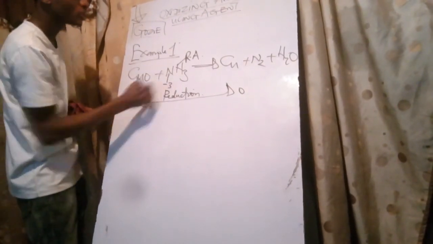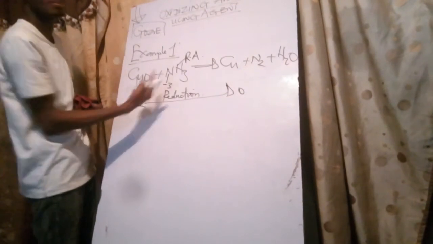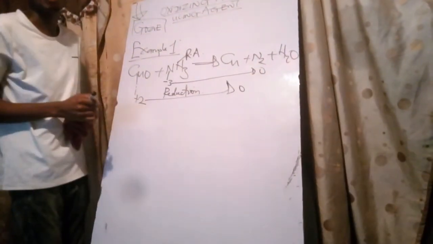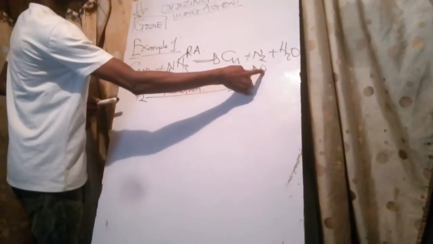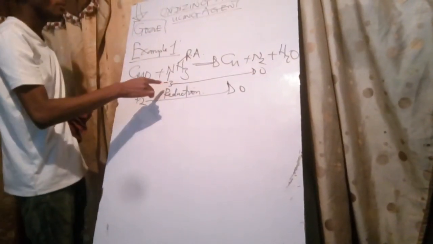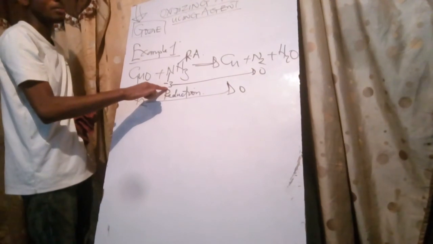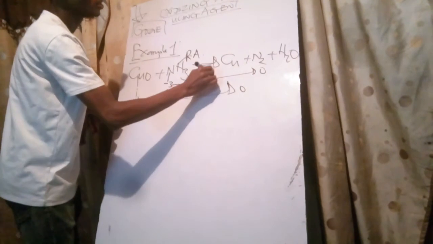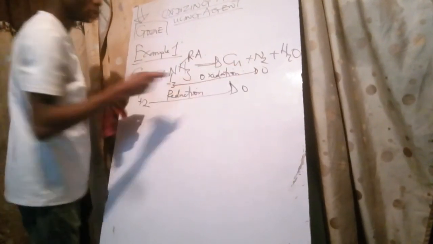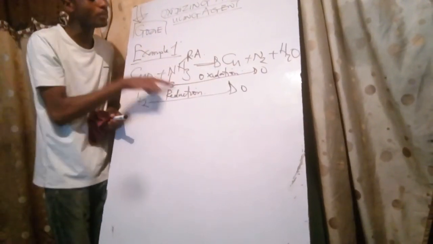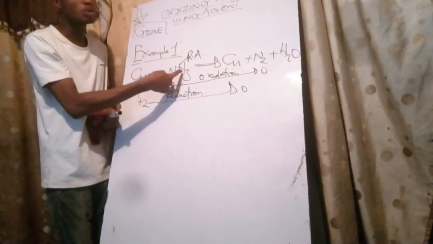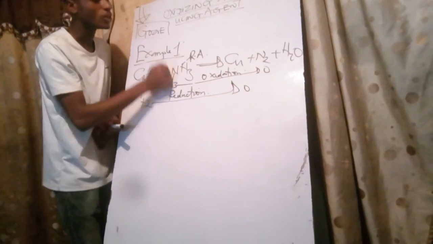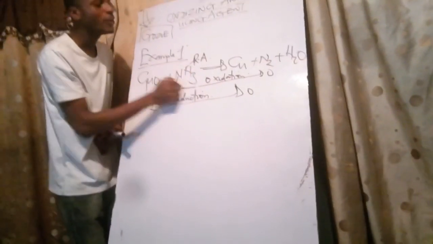Nitrogen here is -3. Don't forget hydrogen is +1 times 3, plus 3. Now nitrogen here is 0 because nitrogen is just standing alone. From -3 to 0, the oxidation number of nitrogen has increased: -3, -2, -1, 0. This is called oxidation. But don't forget that nitrogen is the man of this compound, so whatever happens to nitrogen happens to the compound. You will therefore say ammonia has undergone oxidation. And if ammonia has undergone